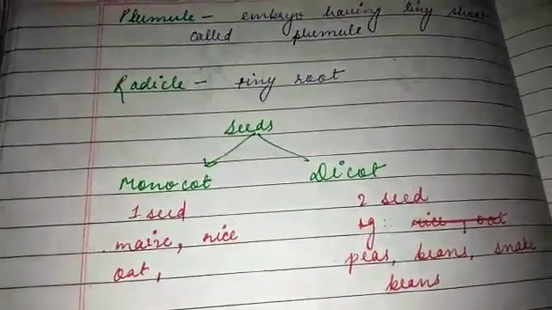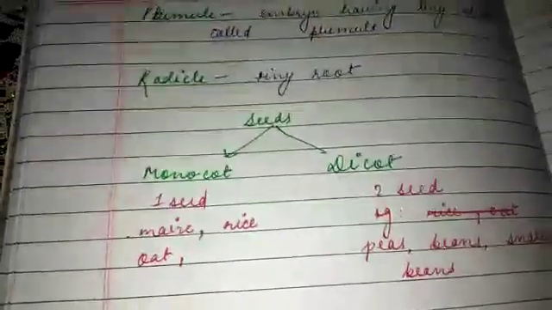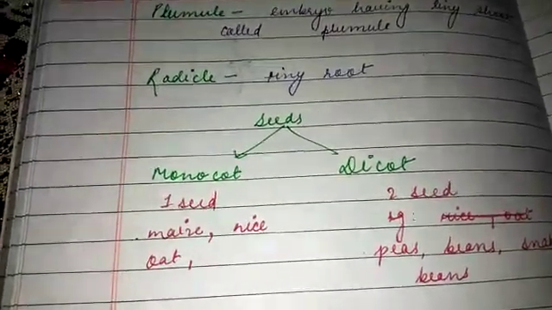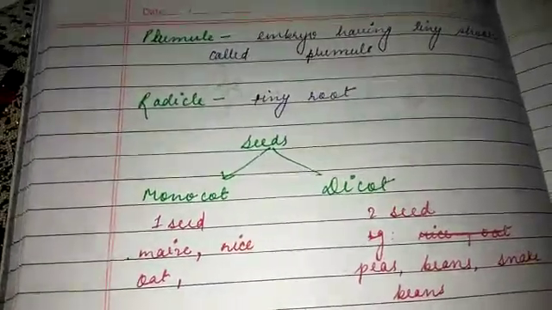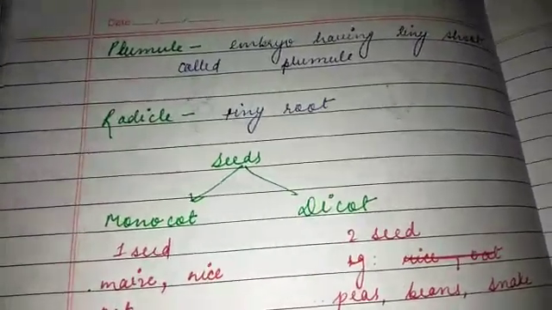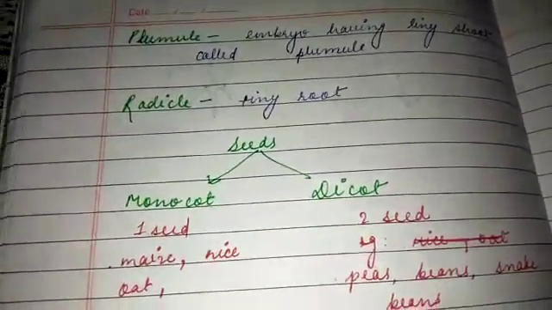Till here I think it's very clear. In the next class we are going to do it practically. I'll show you the seeds, new seeds through which the new plant is coming out. From that it will be more clear. So before going through that, you just read out the terms and understand the concept.